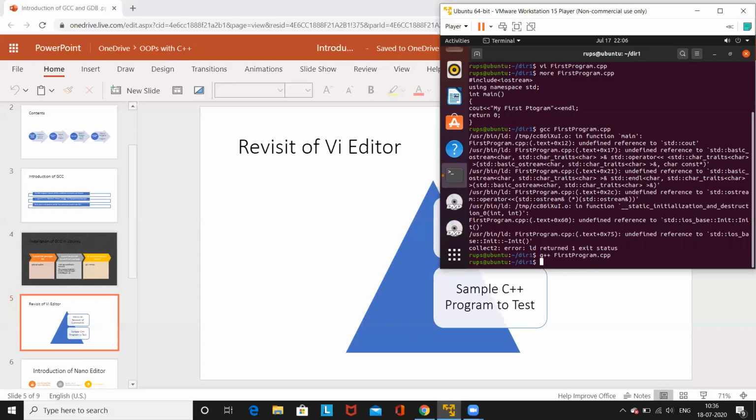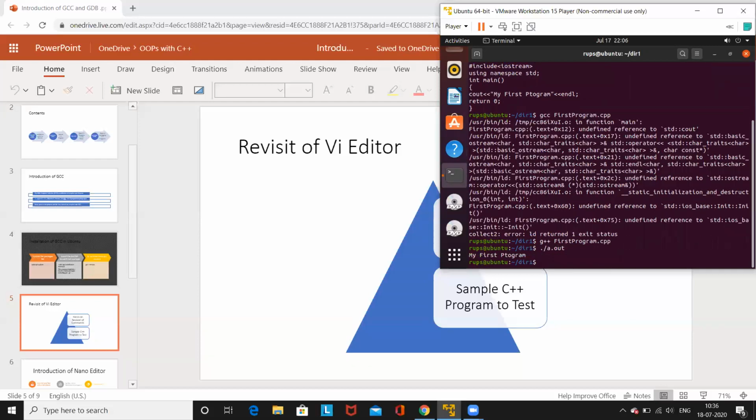To see the output of this program, type dot slash a dot out. Okay, you can see my first program. This is the output of dot slash a dot out. This is the standard you must remember for all, whether in the vi editor, nano editor, or gdb, whatever editor or tool I use here.